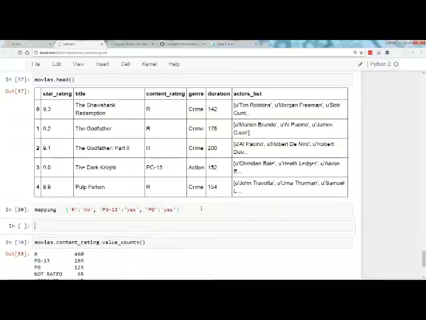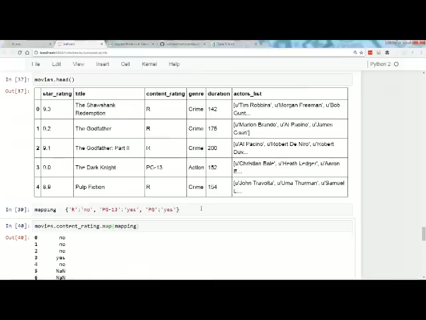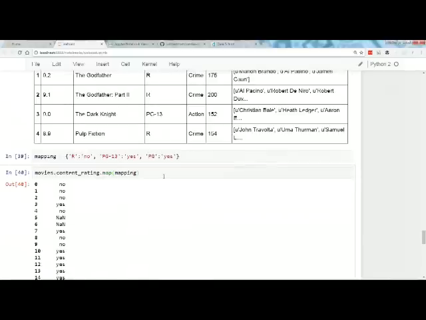So how would we do that? It's actually pretty simple. I think we are going to just use map. Mapping. Yeah. So that actually did it. And let me add this as a new column.